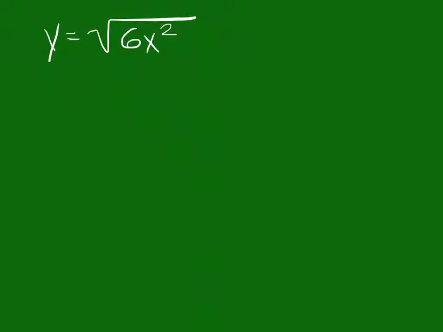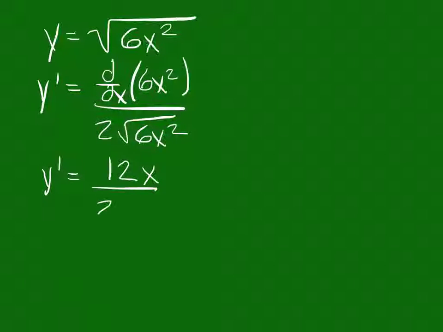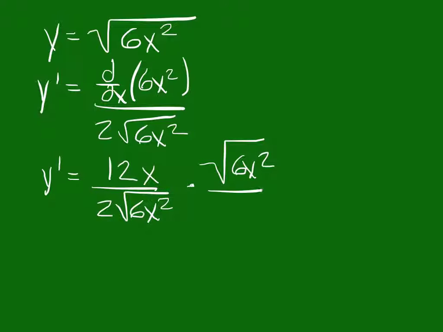We're going to find the derivative here, and to start off with, we need the derivative of the quantity under the radical sign, 6x squared. And then on the bottom, we need 2 times that radical quantity. The derivative from the top is going to be 12x, and on the bottom you still have 2 times the square root of 6x squared. You must multiply the top and the bottom by the square root of 6x squared so that we can simplify this to 12x square root of 6x squared